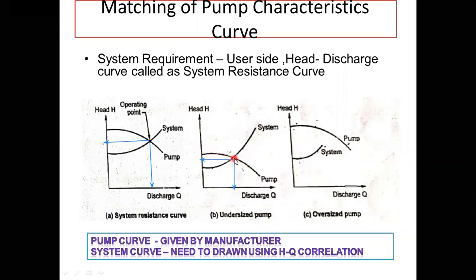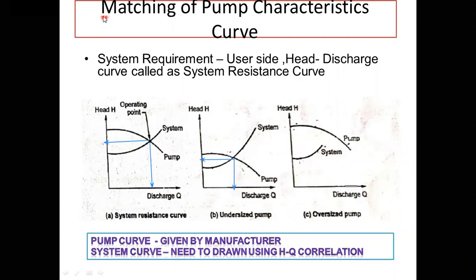But at operating point, this is not near to the maximum efficiency, and the area under this curve is not too much variable, or we can say that it will not cover too much area under the curve. So the operating condition of H and Q was very poor. And this pump does not cover the maximum range of this particular head and discharge.